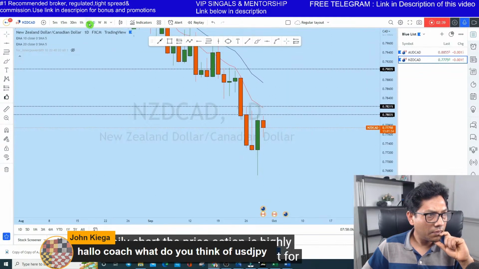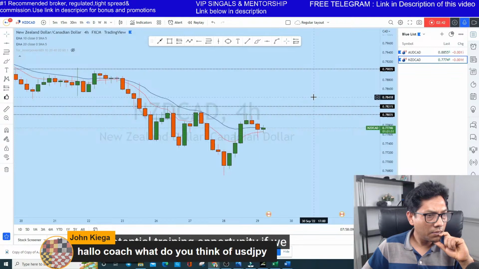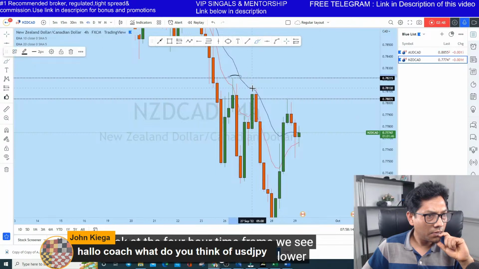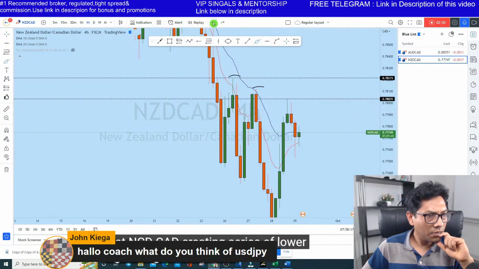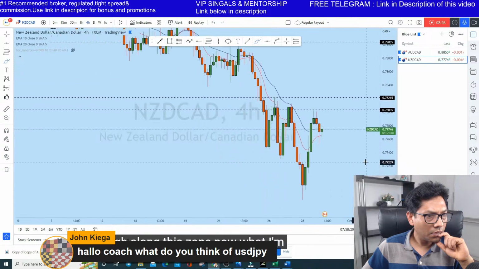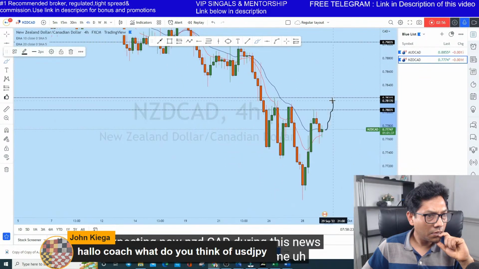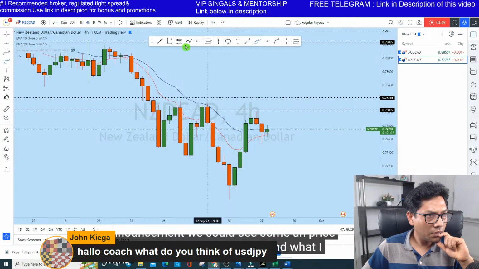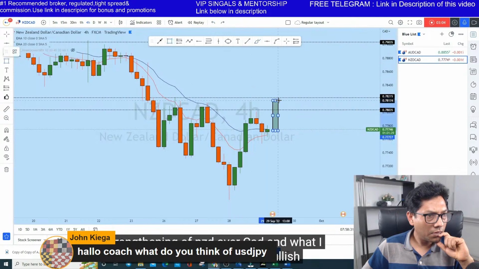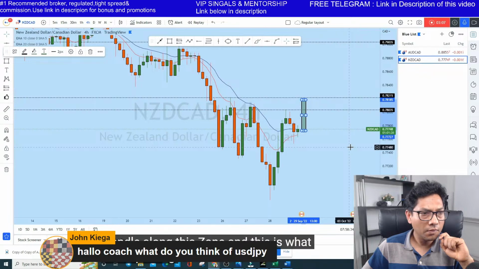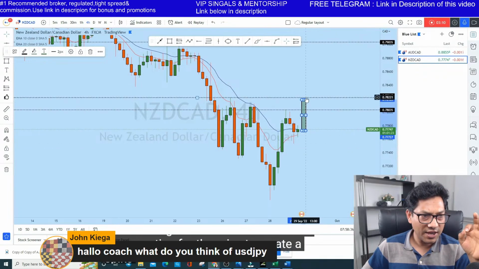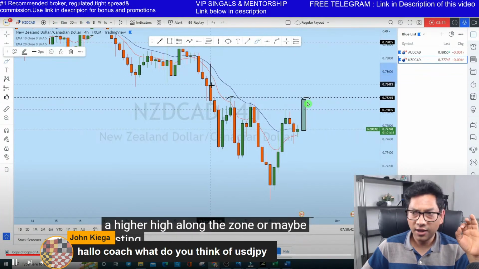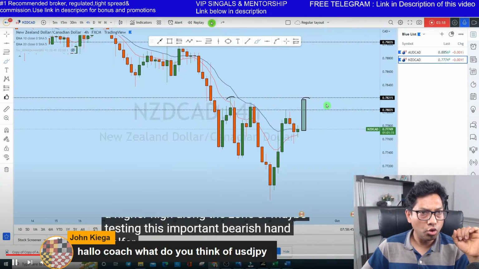Then where can we expect a potential trading opportunity? If we look at the 4-hour time frame, we see that NZD CAD is creating a series of lower highs along this zone. Now what I'm expecting, during this news announcement, is that we could see some strengthening of NZD over CAD. And I think NZD CAD might create a bullish candle along this zone, and this is what I'm expecting for the price. Look at this, guys. This is exactly what I mentioned, that NZD CAD is likely to come here, make a higher high, create a lower high, and then a bearish angle for a drop, with high volatility.